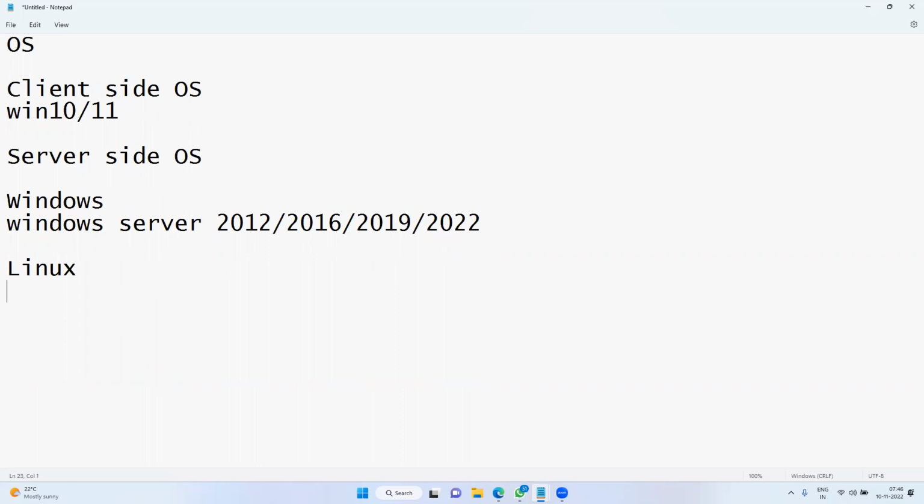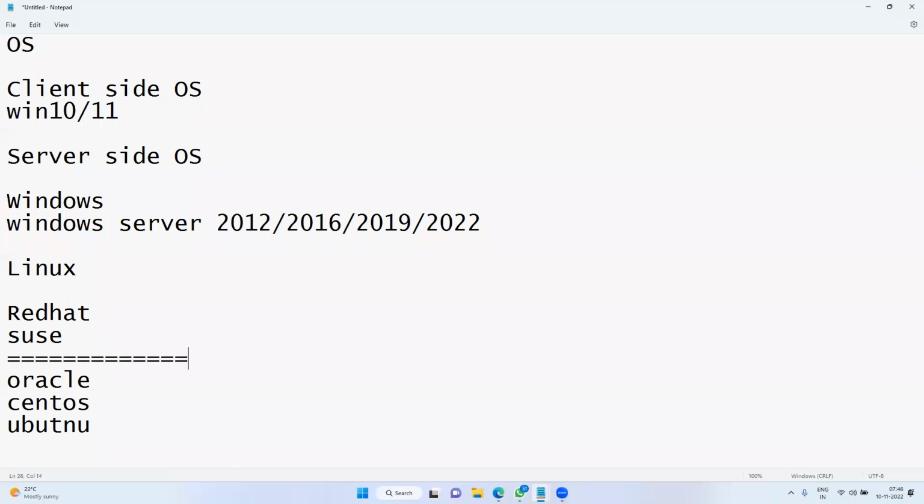2022. Coming to the Linux, we have different flavors, as you know that already. One is Red Hat, other one is what? SUSE. Next, Oracle Linux. Okay, next CentOS. Next, Ubuntu. Out of them, these two are popular. Why? Because they are paid version. So you can raise the case with Red Hat and SUSE team. Out of them, very popular in the market is Red Hat.